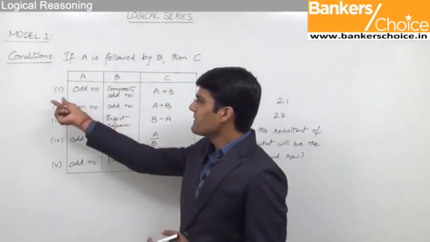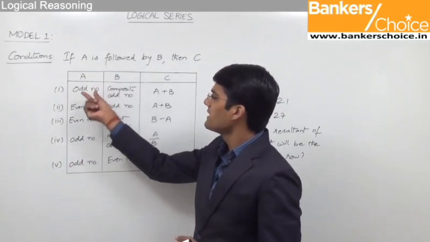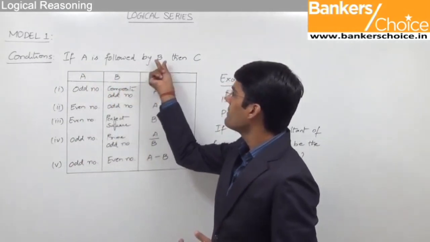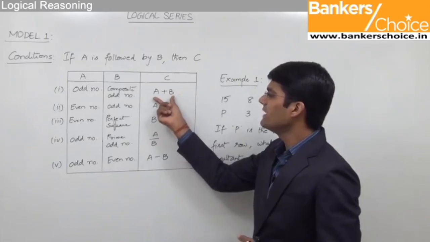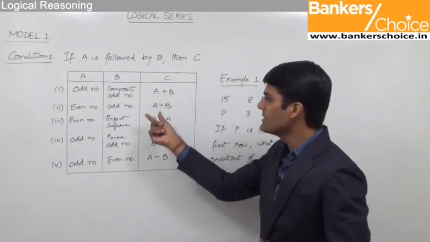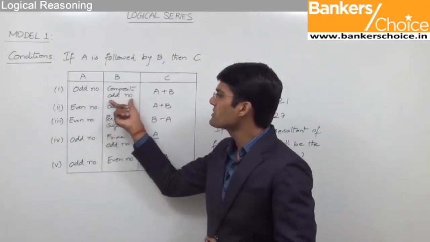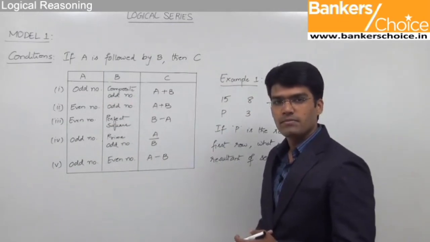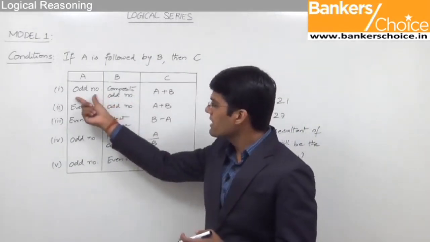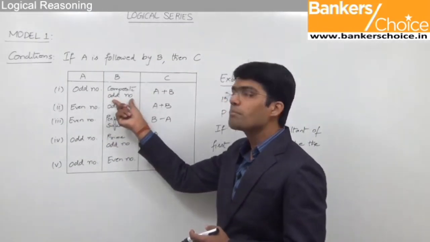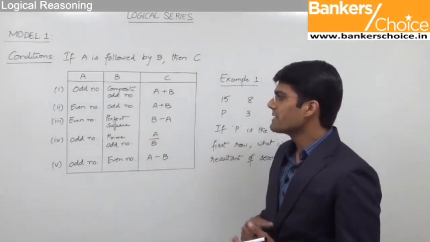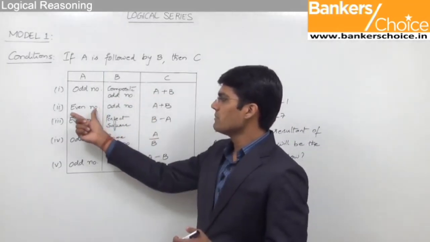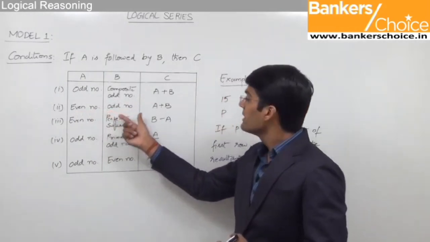For example, the first condition is if A, that is an odd number, is followed by B, that is a composite odd number, then C. C here is nothing but A plus B. That means odd number and composite number are to be added. So we can say that if an odd number is followed by a composite odd number, they are to be added. Similarly, the second condition is if an even number is followed by an odd number, then they are to